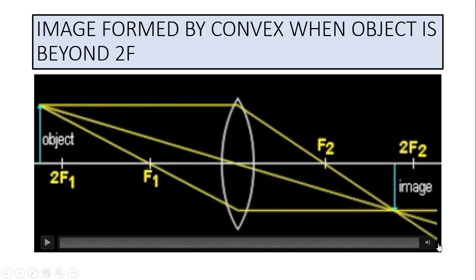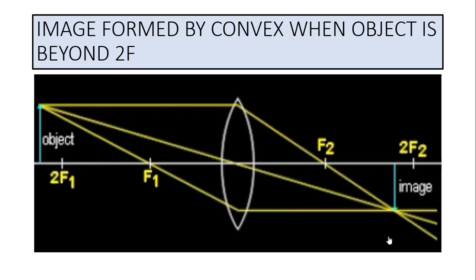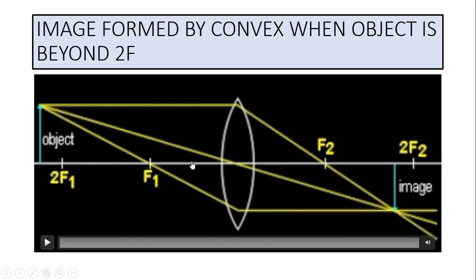When an object is at infinite distance, here I don't have figures, then the image is formed at f. We can find the focal length of any convex lens by getting the image of a distant object on a wall or any screen and finding the distance between the image and the lens. That is nothing but the focal length.